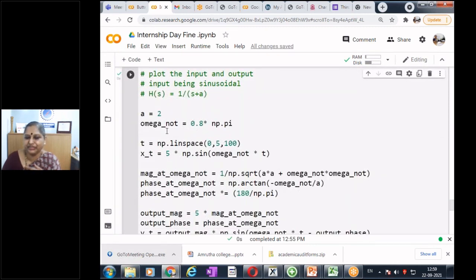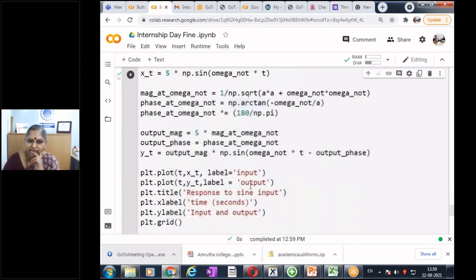And then for this value, now let me change my A as 0.8 times A, it can be any number, np dot pi. Let me run it. See, I'm giving my A also as pi. Let me make A as pi. So my 3 dB cutoff is also pi. I'm giving my input also with omega naught equal to pi. Let me run it and see what happens. What happens? I get this.